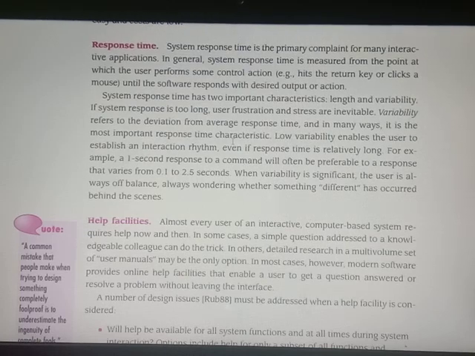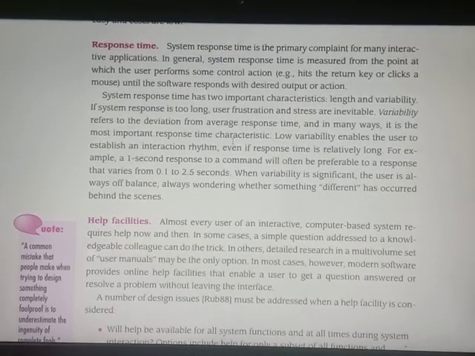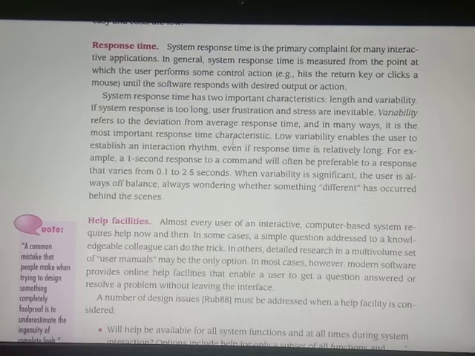For example, a 1 second response to a command will often be preferable to a response that varies from 0.1 seconds to 2.5 seconds. When variability is significant, the user is always off balance, wondering whether something different has occurred behind the scenes. So that is the importance of response time.